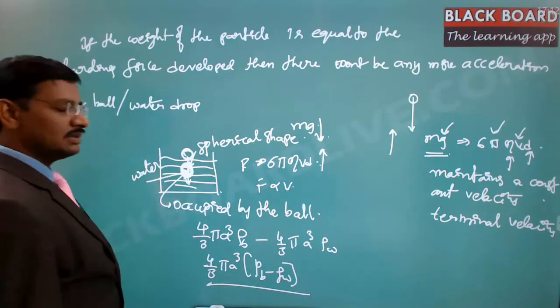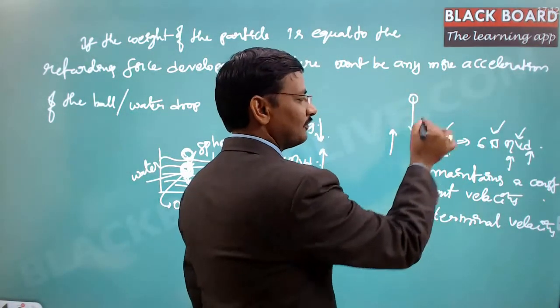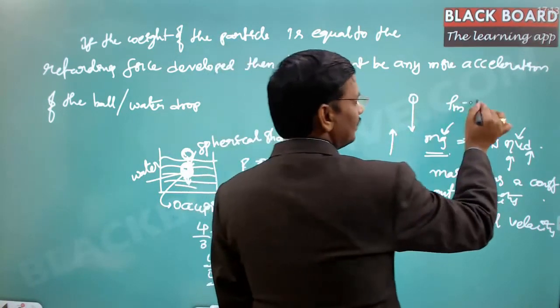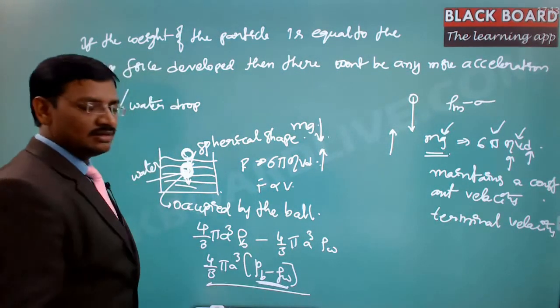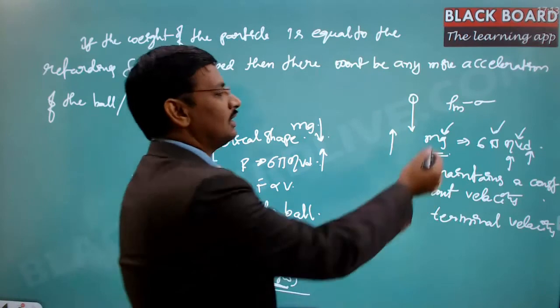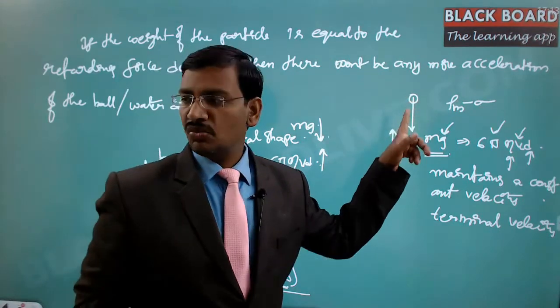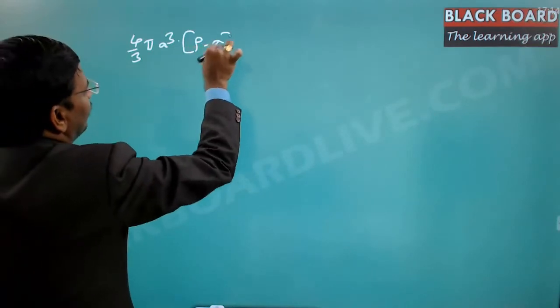So ball minus water. Now in the case of the raindrop, the density of water I call rho, and the density of the air I call sigma, so rho minus sigma is the effective value you can consider, that is, the density difference between the particle which is traveling and the medium. This value is the effective mass contributed when it is moving from top to bottom. Now the acceleration due to gravity is g. So this value is 4/3 pi a cube into (rho minus sigma) into g.